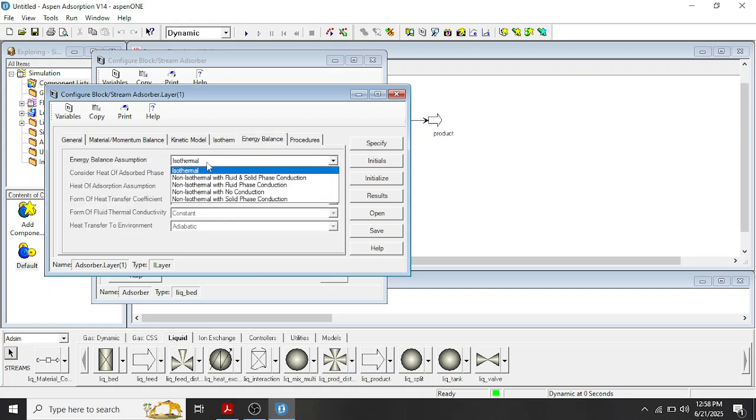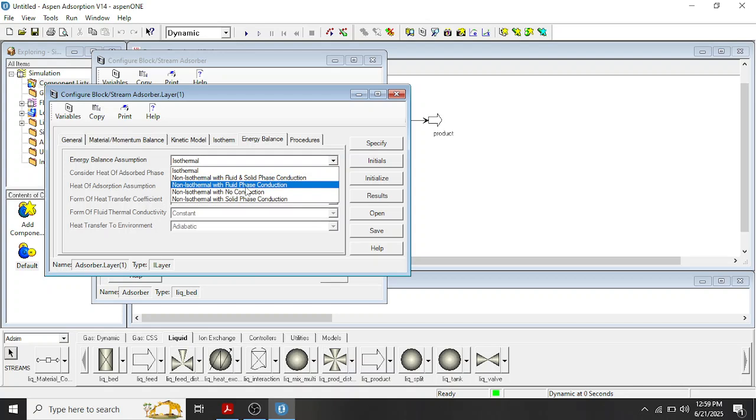So when the 2,4-dichlorophenolic compound is adsorbed onto the surface of the activated carbon, in that case there will be no heat released and no heat absorbed. So we assume that the process is isothermal, but in reality the process cannot be isothermal. In the adsorption process, heat can be released, and in most cases heat is released. In very limited cases, the adsorption process can be endothermic. So this is the isothermal process. There is no heat released or